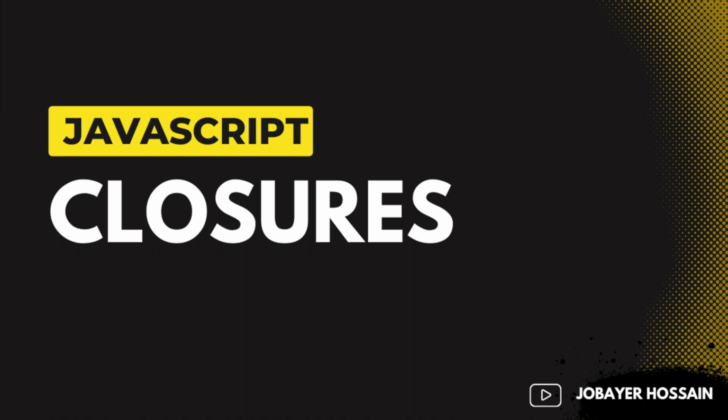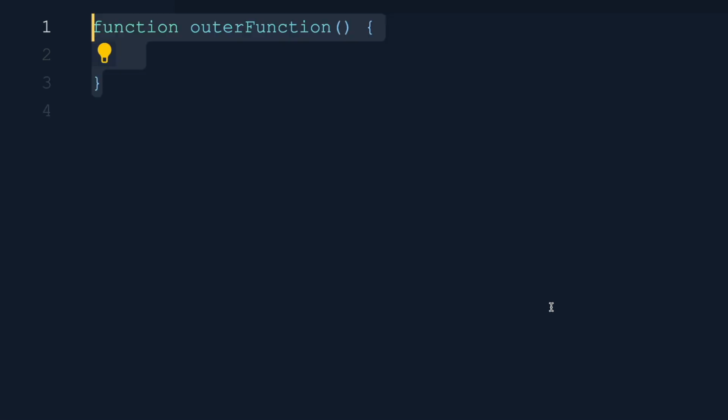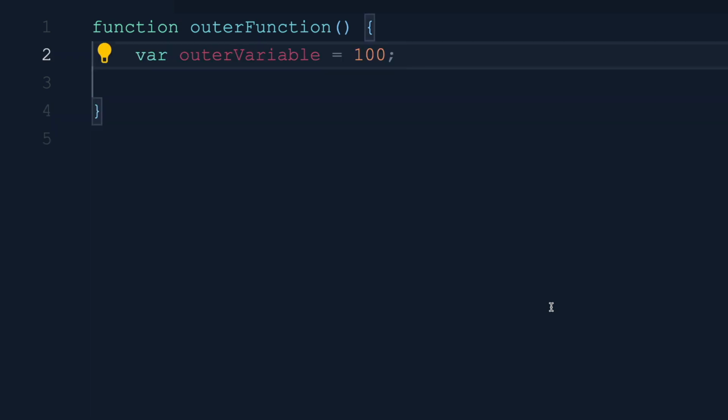Today we are going to discuss JavaScript closure. In JavaScript, we can create functions inside other functions. Let's see an example. Here we created a function named outerFunction, and inside this function we create a variable